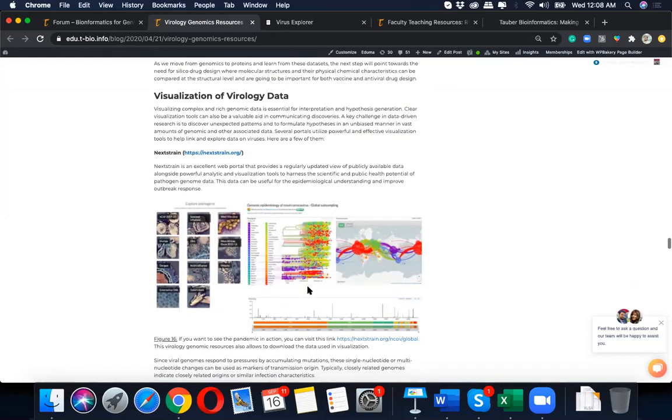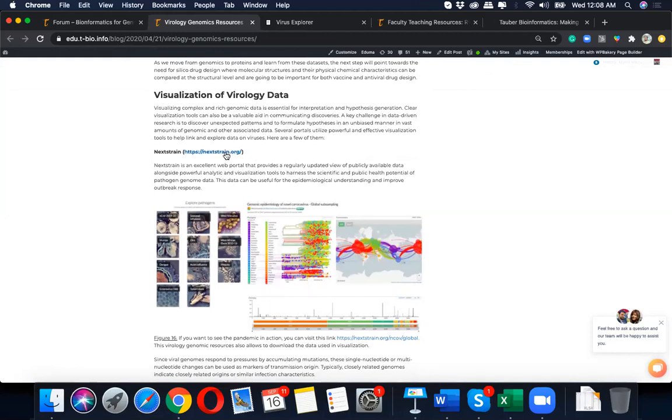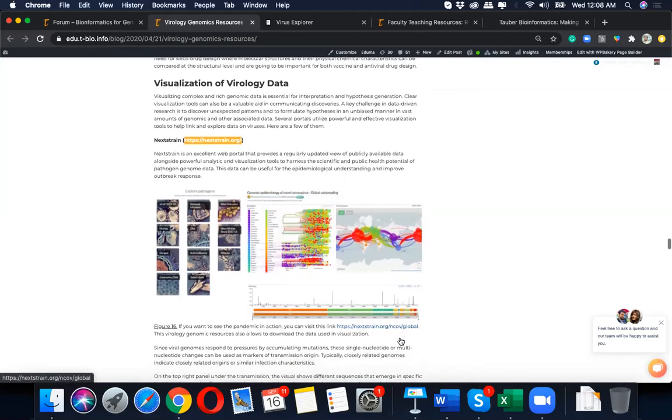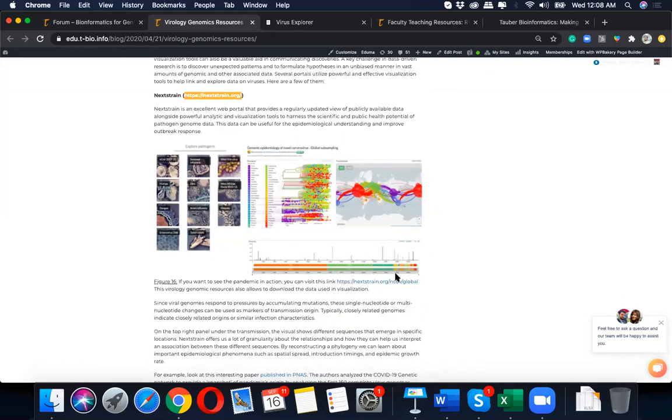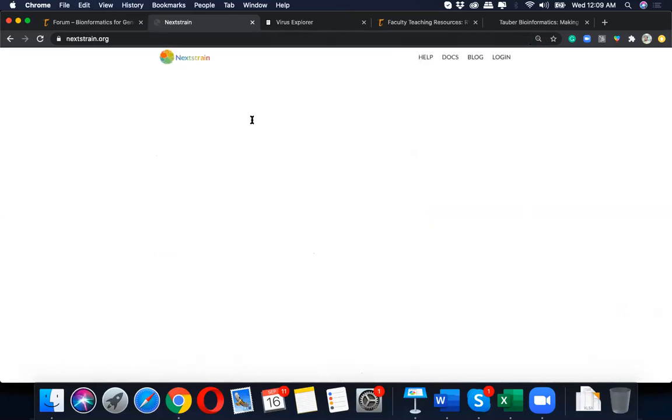And then moving on, there is this very good site that you all should go to. This is one of the best things in virology resources, and I think most researchers are using this portal. So let me share this as well. But you have this entire article with you, so you will have all of this anyway, and it's also posted in the forum, so everyone can find it. Next time, I think I should give you a small demonstration because it's really graphical.